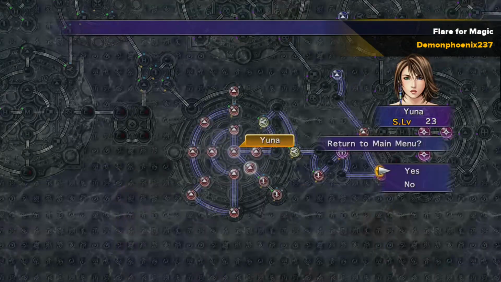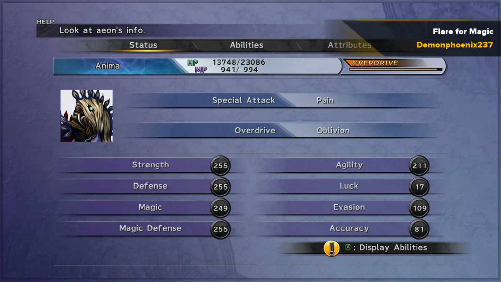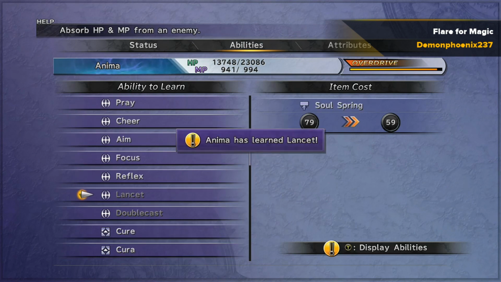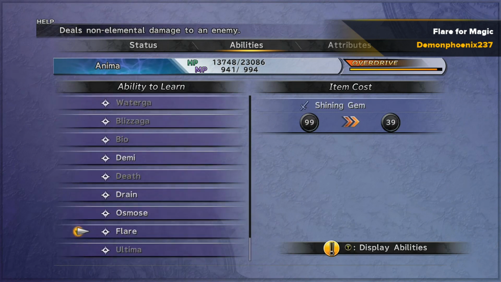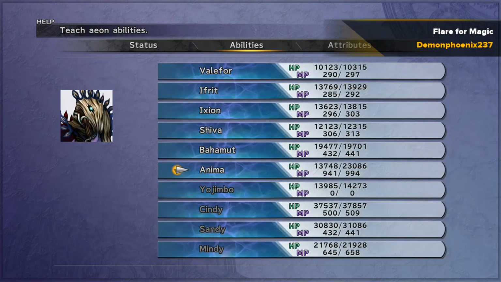And so Yuna's magic there is about 178. But that is now enough so that Anima has almost 255 magic herself. And this is the time when you can switch to start using double cast and flare instead. So we teach Anima Lancet, and we've already taught her double cast earlier in the game. I already did that. So you teach her double cast, Lancet and flare,